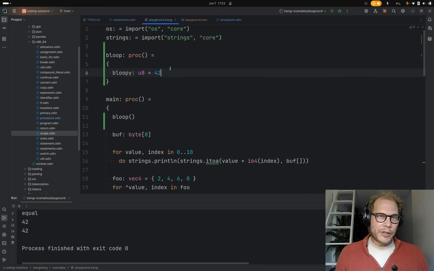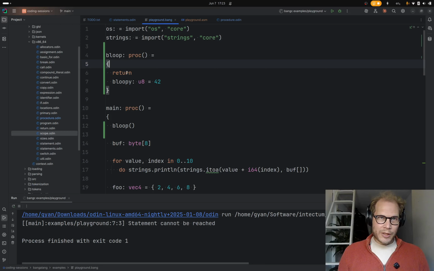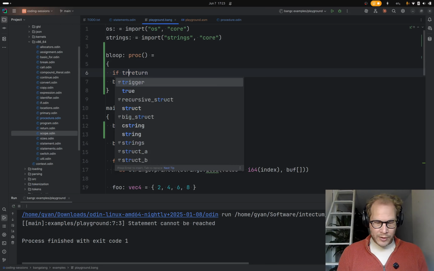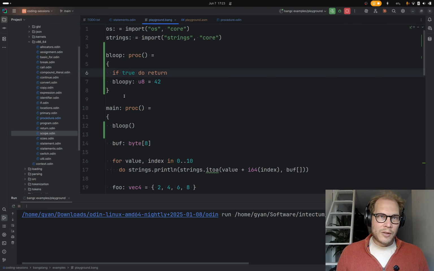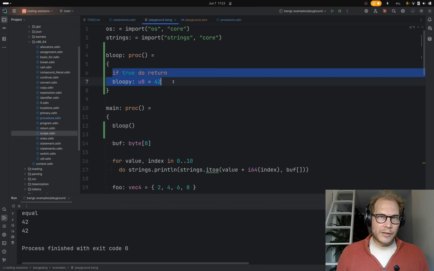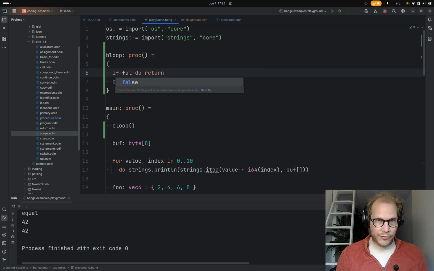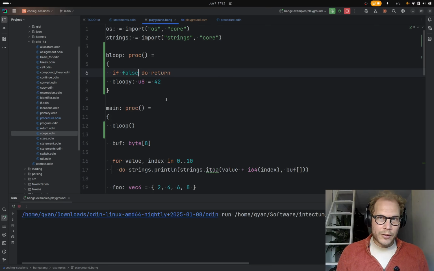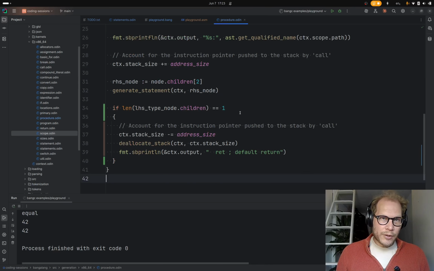If we put it anywhere else, we'll get statement cannot be reached. And if we say if true do return, then it's legit that we need to have, like this, say it's if false. If false do return, so it's never going to return there.